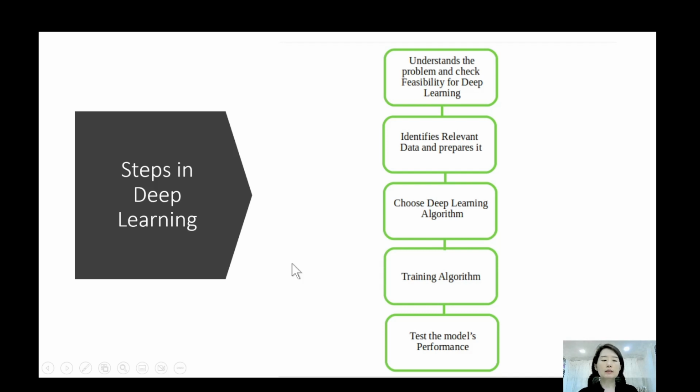Now let's discover the steps in deep learning. First, you definitely have to understand what kind of problem or what goal you would like to achieve, and check whether deep learning can achieve or solve your problem. Then step two, you will have to identify relevant data and prepare the data, pre-process it, then input into the machine learning tool, then choose the algorithm that you want to use, then train your algorithm. So we'll have the training data set, the test data set, and the validation data set, then